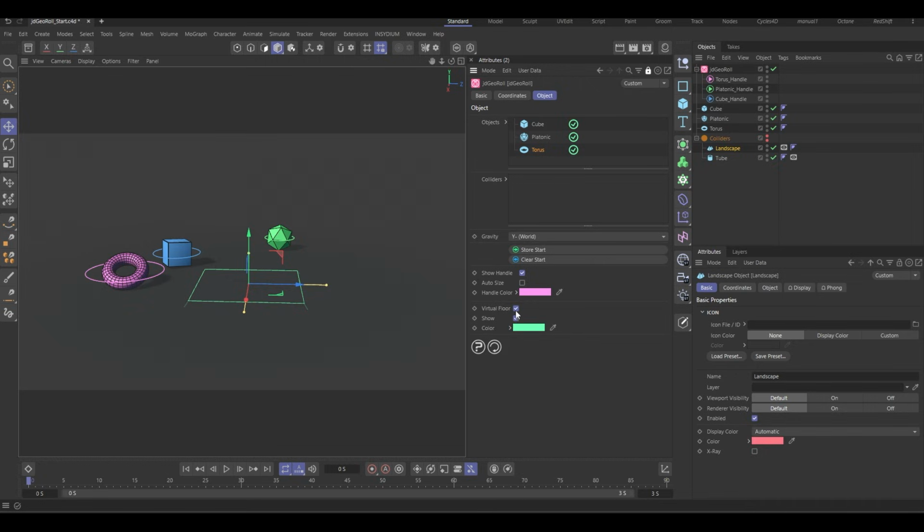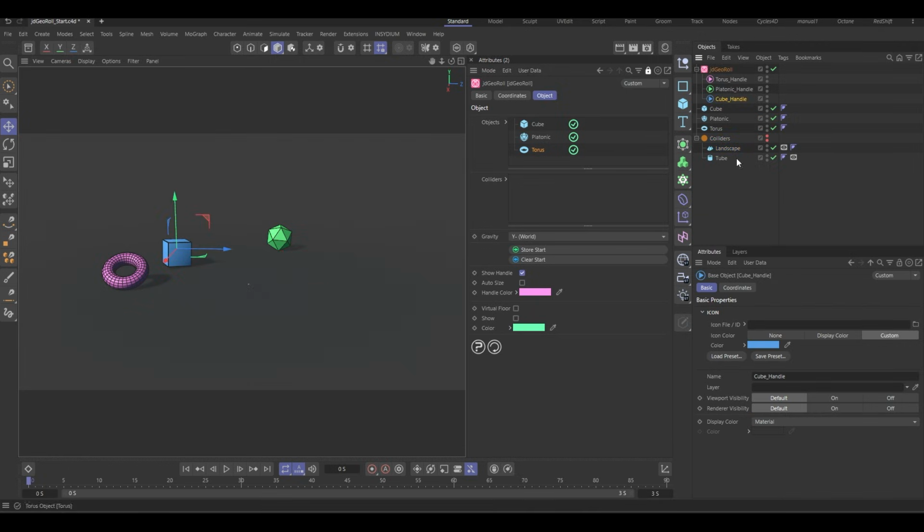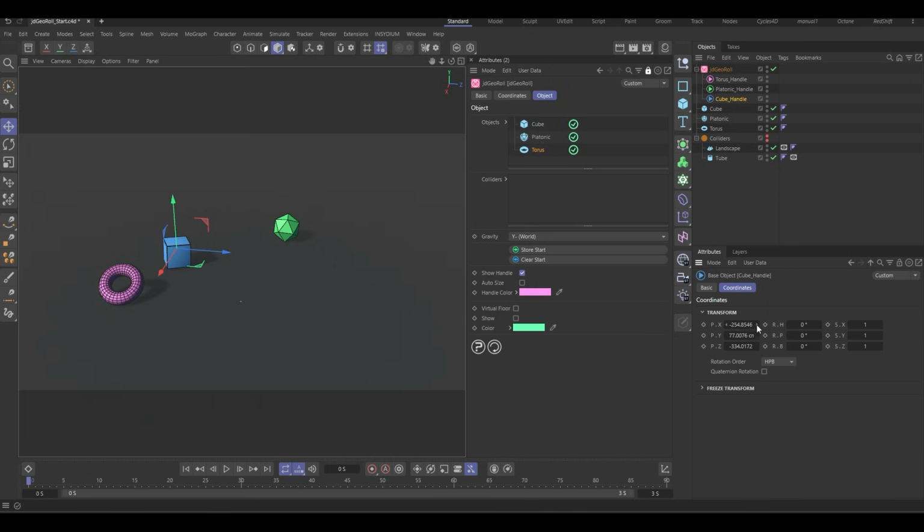I'm going to turn off the virtual floor. And we'll use our cube. So get the cube, and let's just put our cube into world 0. Like that. The cube as well. Fix the orientation. Okay, and then we're going to, in our